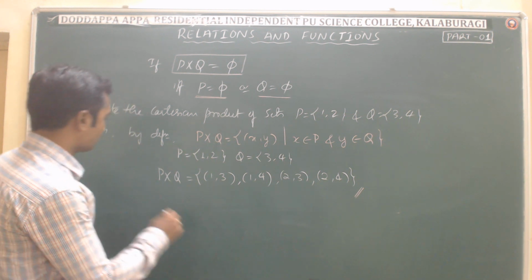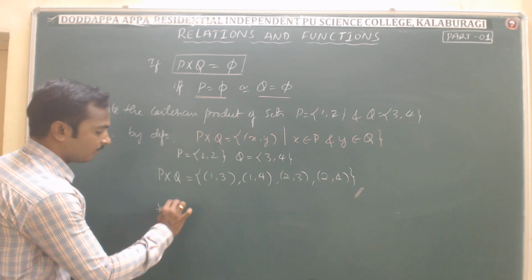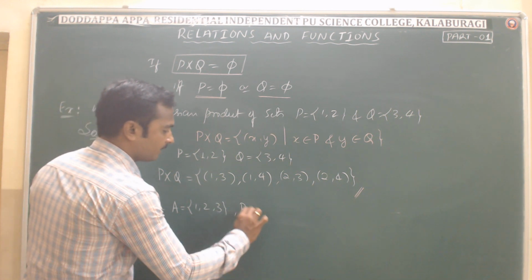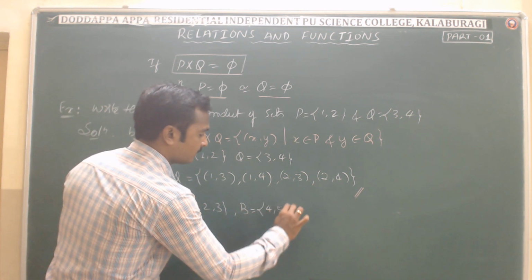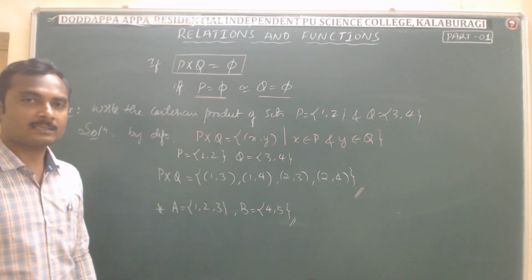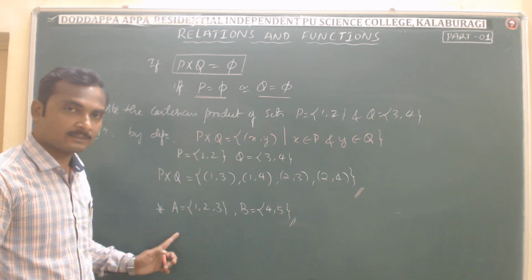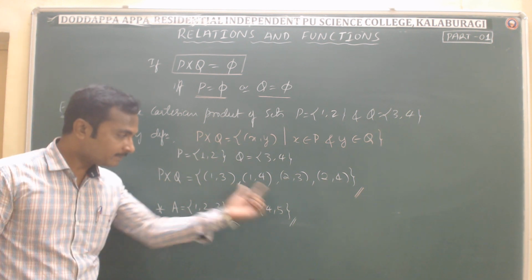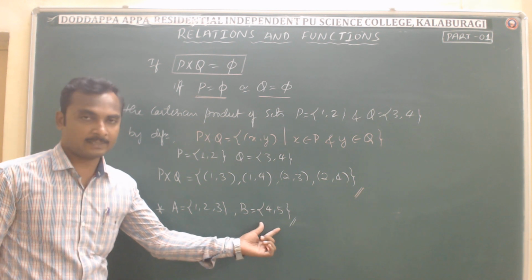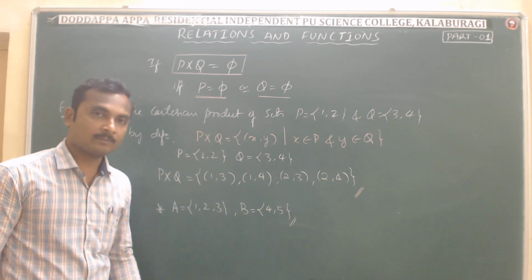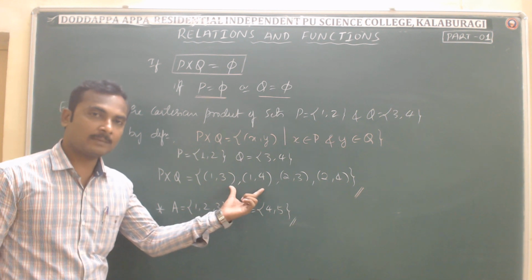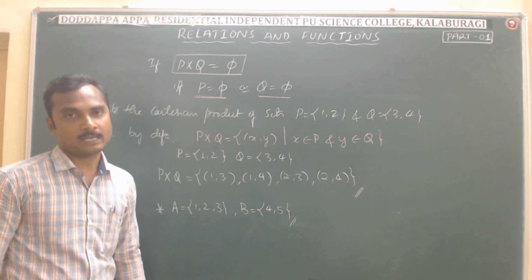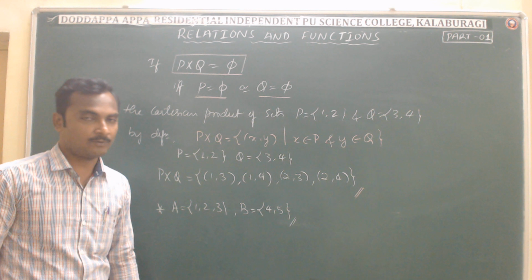You can also work out this for finding the Cartesian product of the two sets containing 1, 2, 3 and the set B equals 4 and 5. You can take it as homework. Find the Cartesian product of these sets. I will tell you the hint. Each element of the set A must be taken in relation with every element of the set B and written in the ordered pair form. Each element in the Cartesian product of the two sets is of the form of an ordered pair. They are always of the ordered pair form.